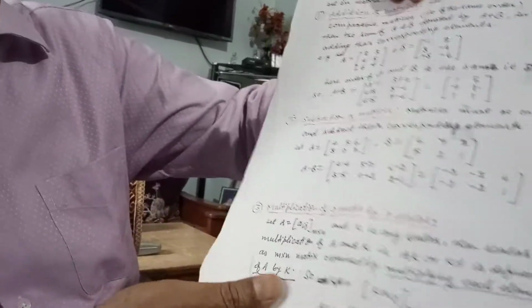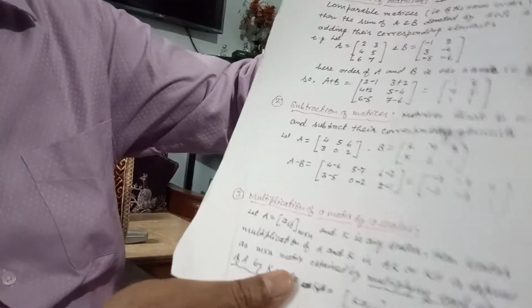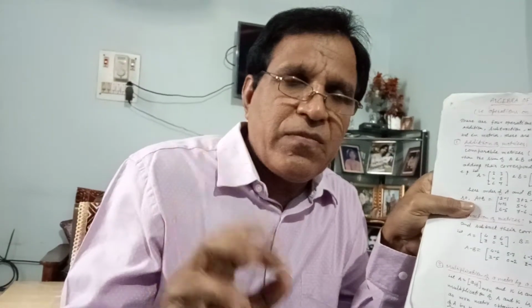Okay. Then next is the multiplication of a matrix by a scalar. How do we multiply it? Just listen. Multiplication of a matrix by a scalar means, suppose you have one matrix A, whatever its order, it's not important. When we multiply matrix A by any scalar k, then you must multiply this k by each and every element of the given matrix A. So this is the multiplication of a matrix by a scalar.